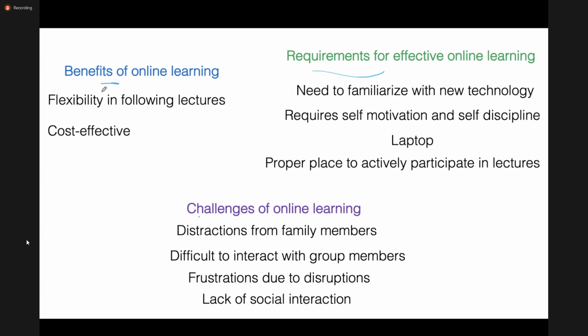So now we have identified 3 main themes about online learning experiences of postgraduate students. Okay. We categorize our codes under those 3 main themes.